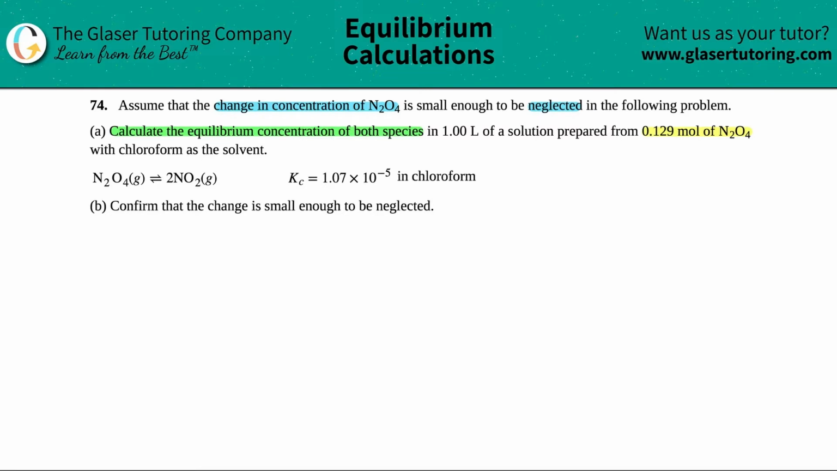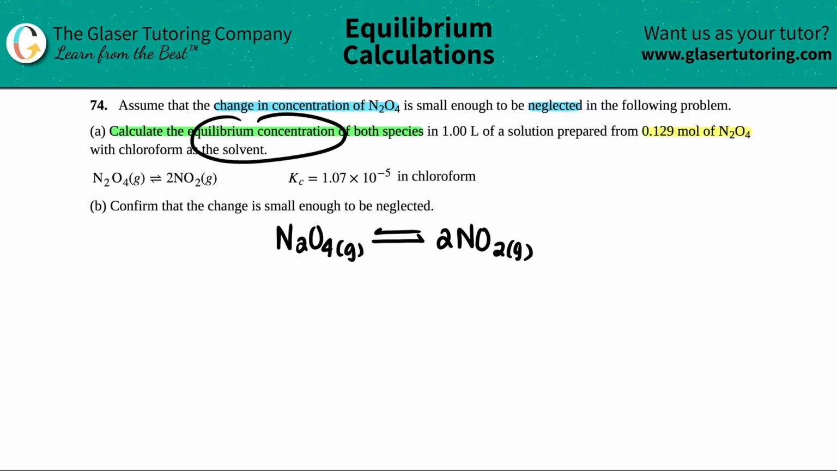All right, so they give us an equation. I'm just going to write this a little bit bigger. So we have N2O4, and that's a gas, and this comes to equilibrium with 2 NO2 gas. Okay, so let's just put that there, right? So we want to basically know the equilibrium concentrations, and this is being prepared from an amount of 0.129 moles